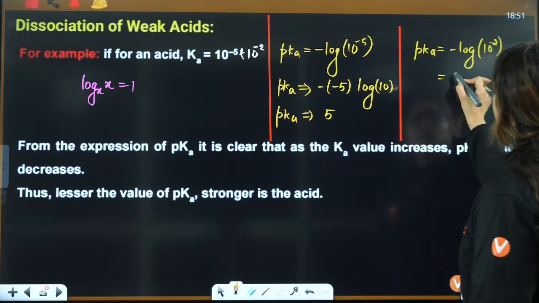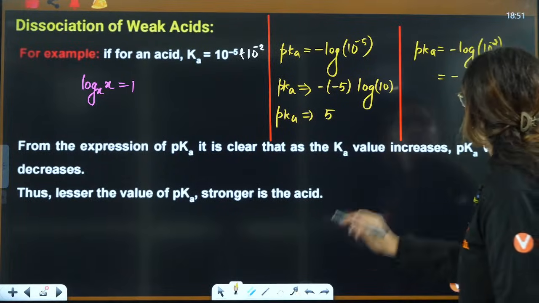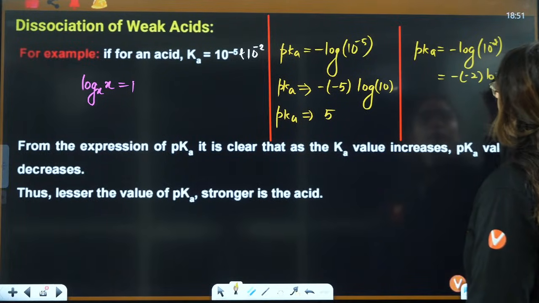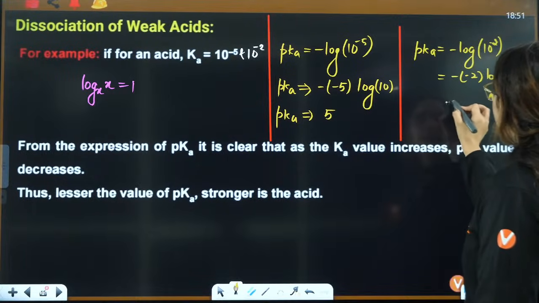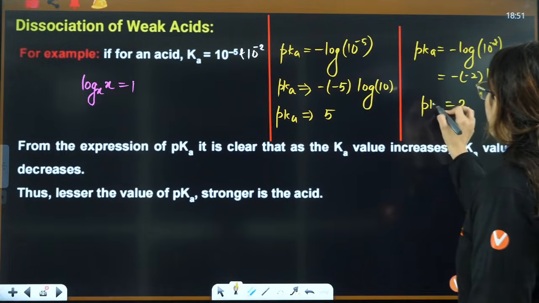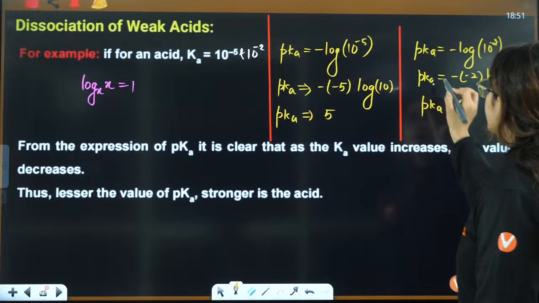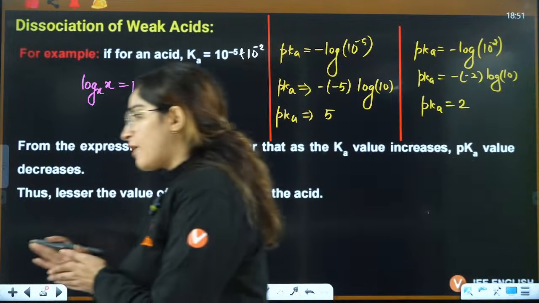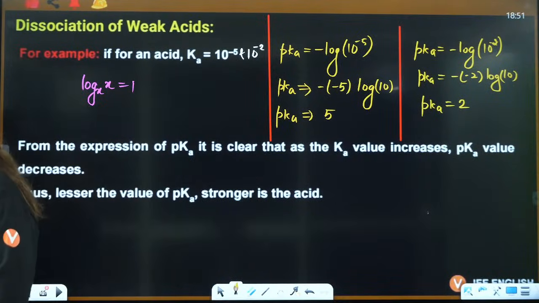Now this is minus of minus 2 log base 10 of 10. That is 1, so it is going to be 2. So log pKa value is going to be 2. Can you see one thing over here, that